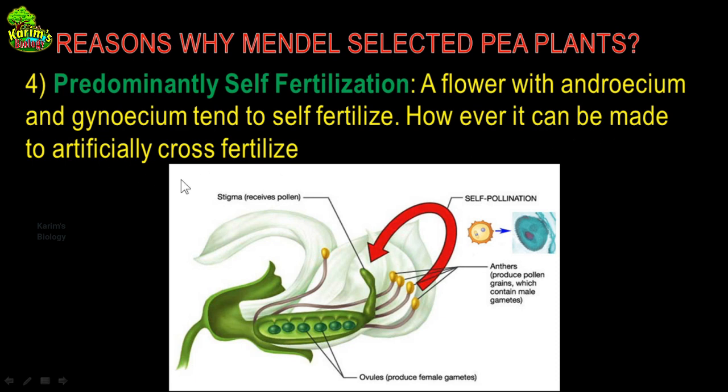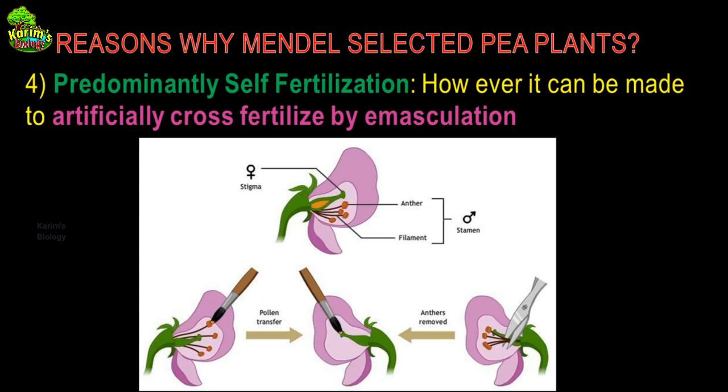You see, when Mendel performed the experiments, it is not always that he would perform self-fertilization. Most of the time, he had to perform cross-fertilization as well, and the cross-fertilization should be done very carefully, because if he made any mistake, there is a possibility that self-fertilization would have happened. That's why he has to do it very carefully. So in the next slide, I will tell you how they are able to perform cross-fertilization.